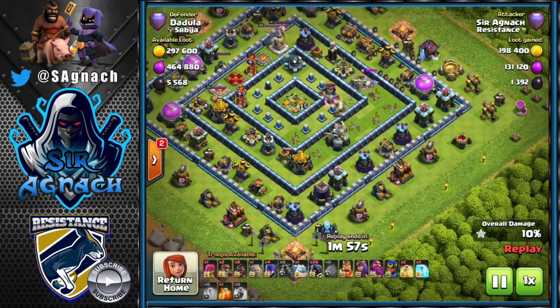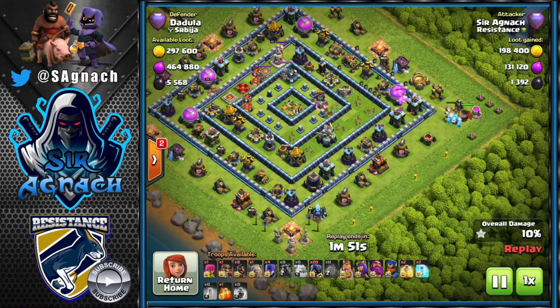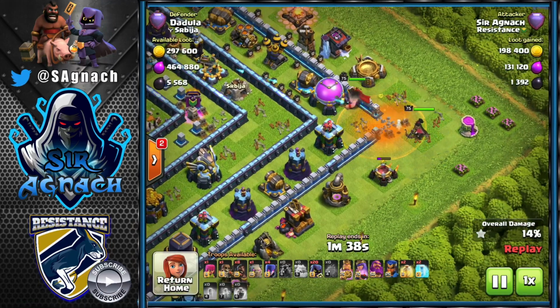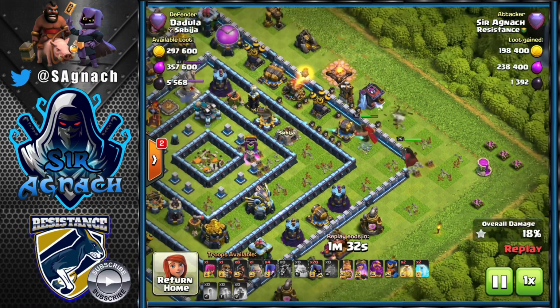I ended up getting the scattershot. I actually wanted to get the eagle, but that's okay. The scattershot is enough. So at 3 o'clock, I put my ice golem to tank. I put the poison down for the baby dragon and a super wall breaker so that they go inside the base. Now that they're finally going inside the base, I can start thinking, okay, where do I want to put